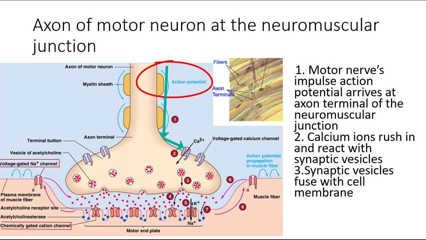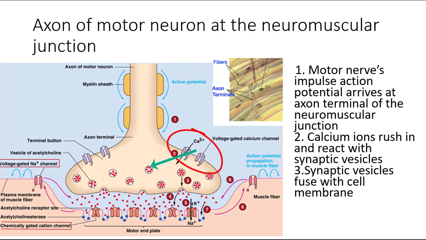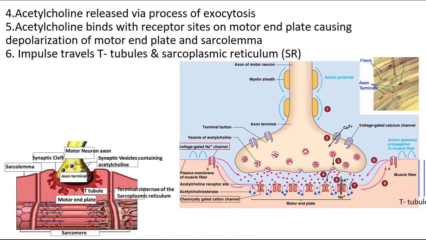A motor nerve impulse, an action potential, arrives at the axon terminal of the neuromuscular junction. There are voltage gated calcium channels, and these voltage gated calcium channels are activated by the action potential. Calcium ions rush in and react with synaptic vesicles. Synaptic vesicles fuse with the cell membrane. Acetylcholine is released